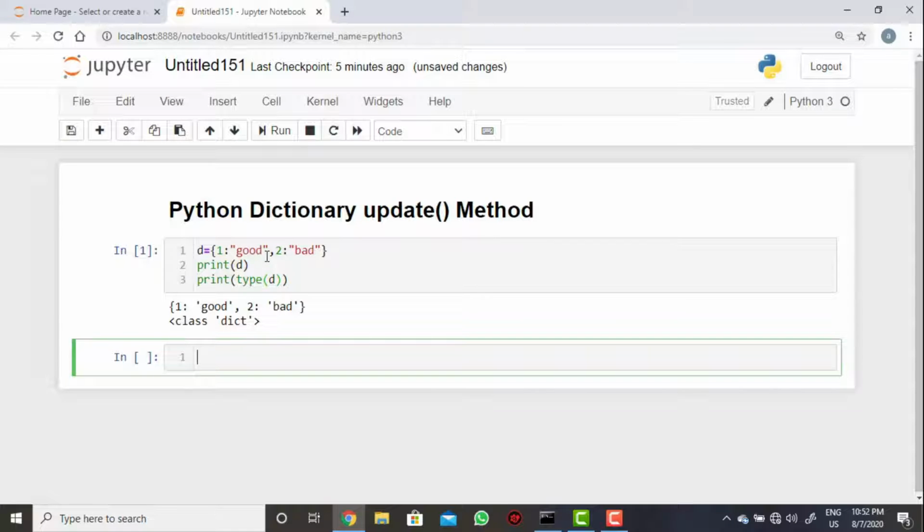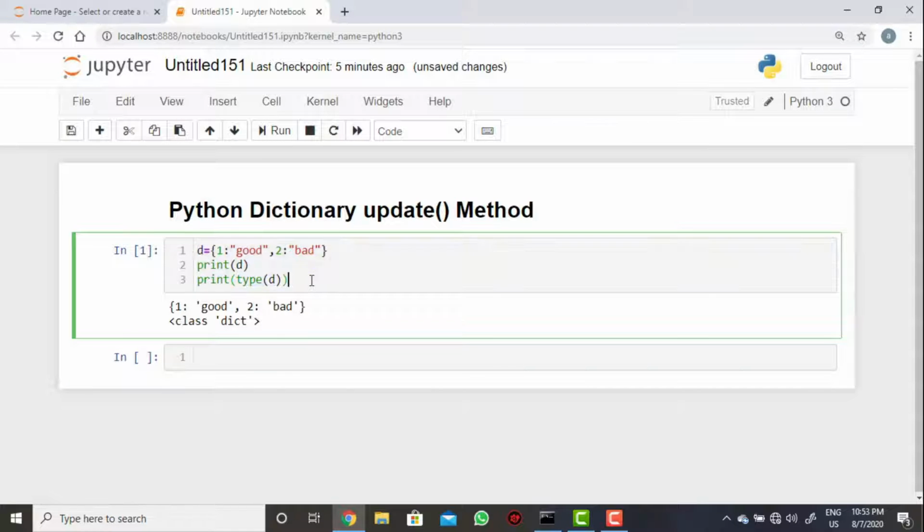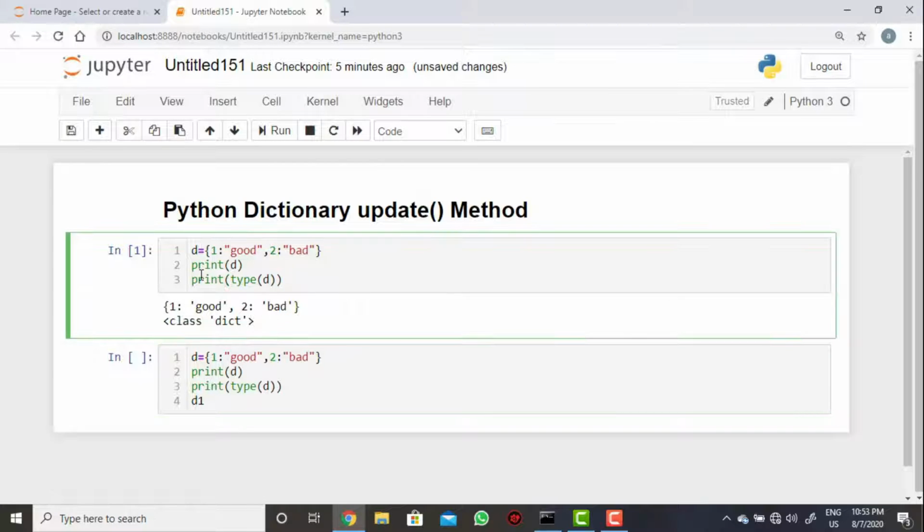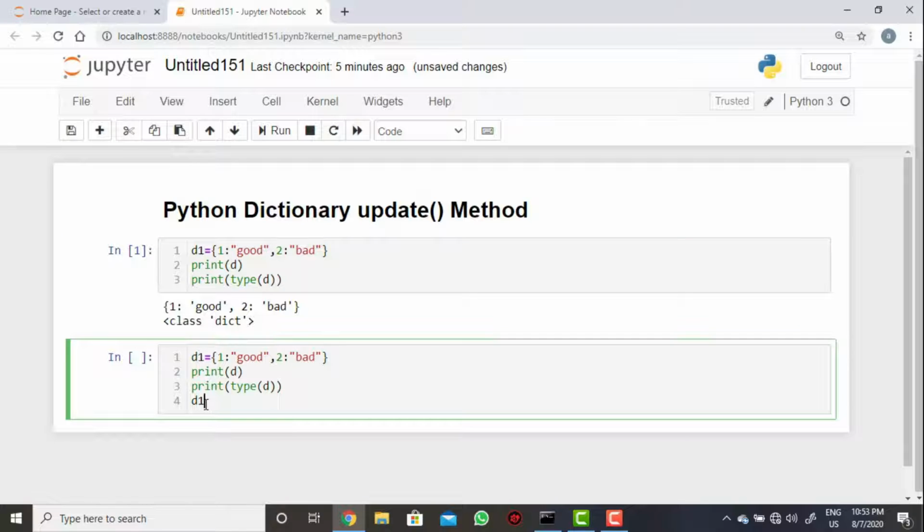Then what we need to do is update the value. So how can we update the value? Now you can take one more dictionary here, you can say d1 and d2. d2 equal to, in the sense here the key 2, I have not good.